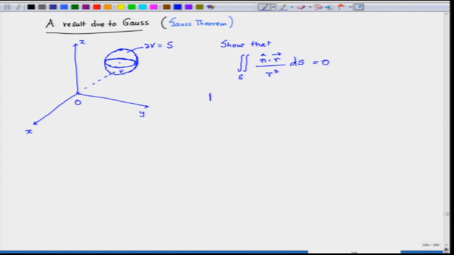So, here F is the field R vector by R cube. So, the numerical value of F is 1 by R square. So, suppose there is a force field whose magnitude is inversely proportional to the square of the distance, right. Then, for a field whose magnitude is just 1 by R square, I have to show that this is 0. So, basically the whole thing is written as the integral of F dot n ds over S, and this is nothing but, by the Gauss divergence theorem,